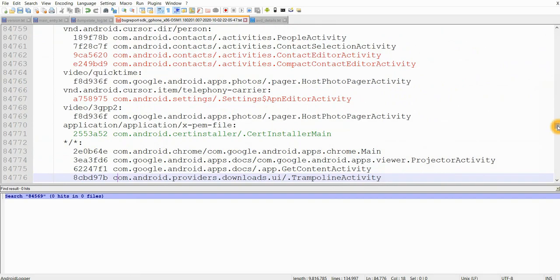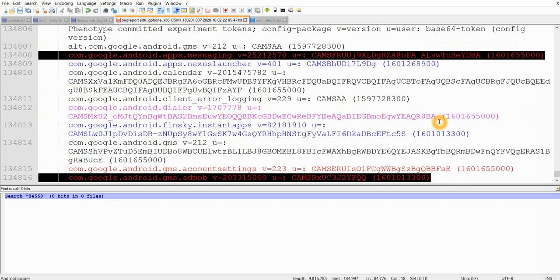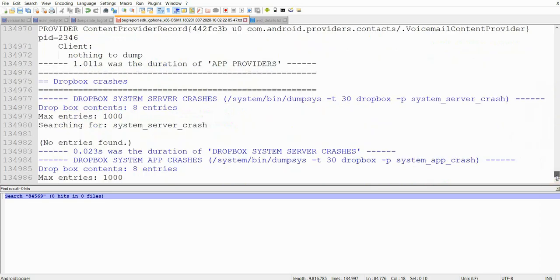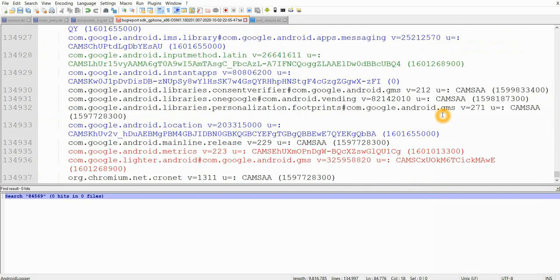So this was about what are the data content present in the bug report. Basically, you will take logs through ADB Logcat. That is the most commonly used, and ADB Logcat will not contain all the data. We have to capture dump data separately. If we want to know all the processes running, we have to again run a different command. If we want battery related information, again we have to dump battery related data there.